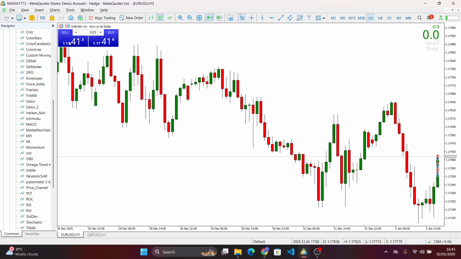Depending on the configuration, it can display pip data on the main chart, in separate data windows, or as comments, all focused on showing detailed movements. Traders can refer to these readouts to gauge how far price has moved and to find entries, exits, and evaluation of trades. As you can see on the charts, once I make a sell, the Pipsometer starts reading it instantly: how many pips have been gained or lost in that transaction, how many shorts or longs are opened,